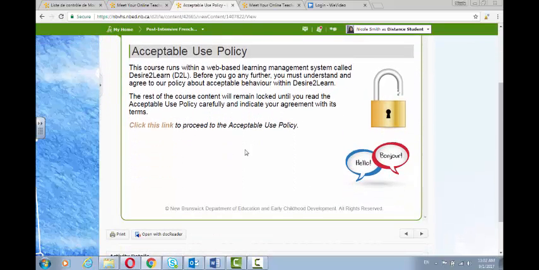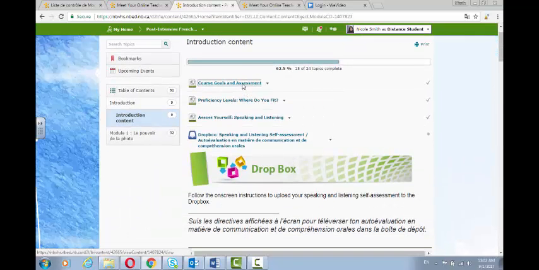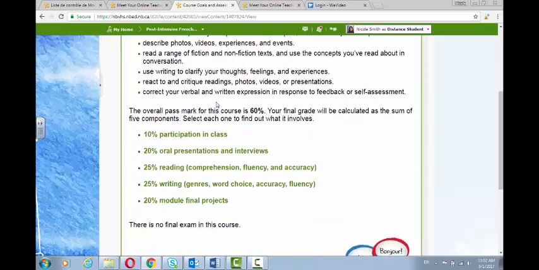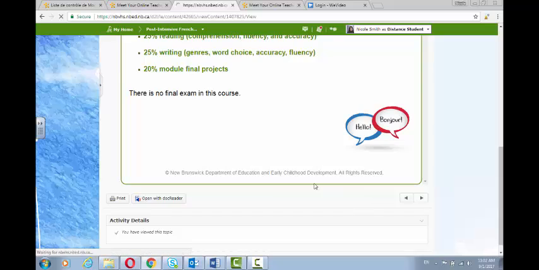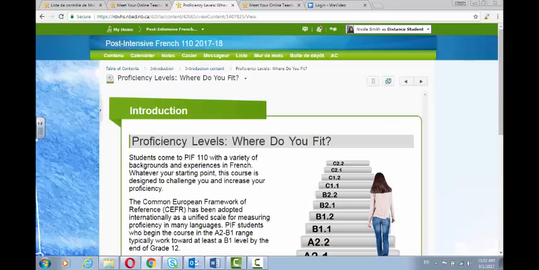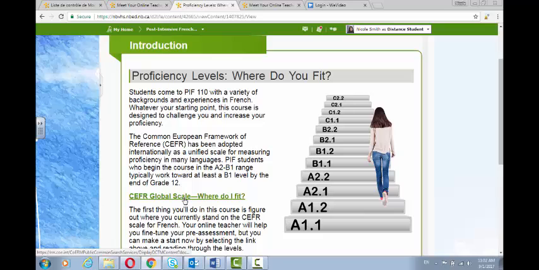You'll need to complete the acceptable use policy before you move on. And make sure you go through and read how the class will be evaluated and the course goals. What I want to talk to you about today is that in PIF, we use the Common European Framework of Reference to set students on a comprehension scale. So I want you to read this document, click on it,